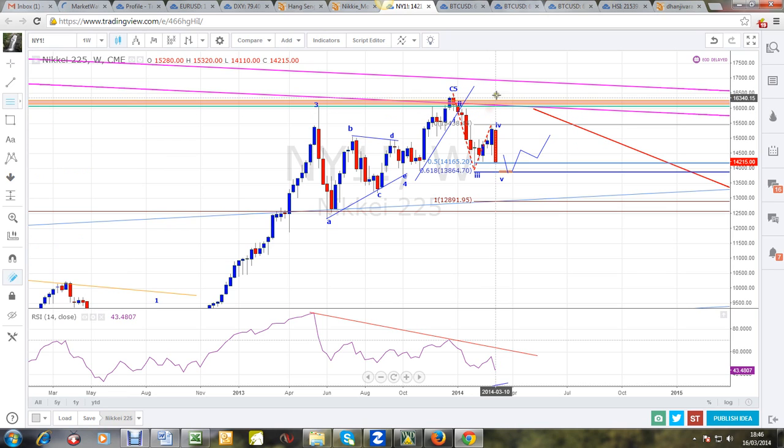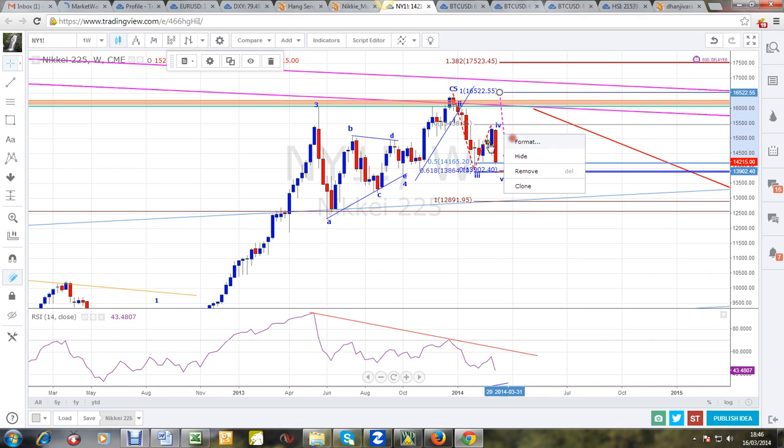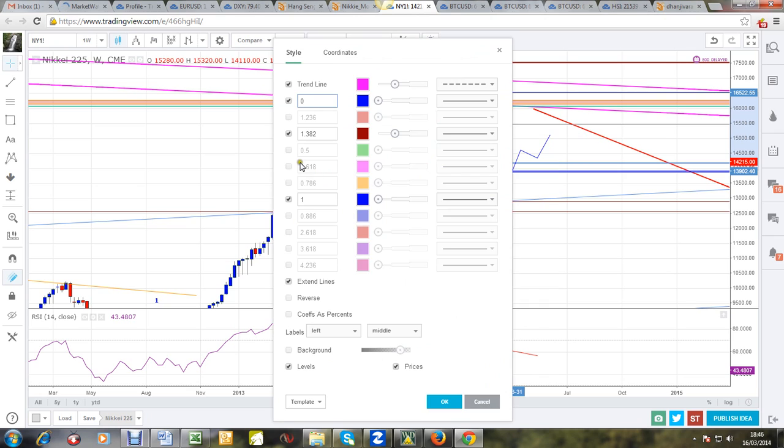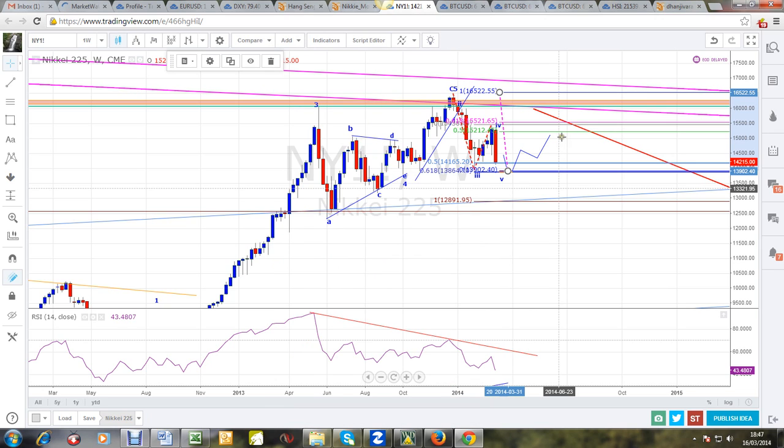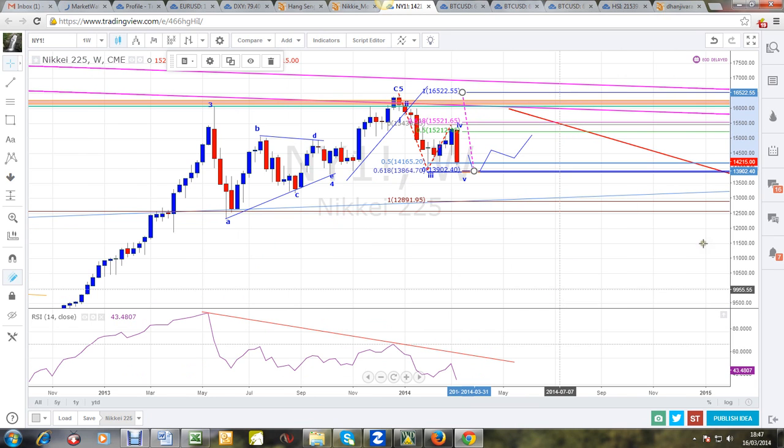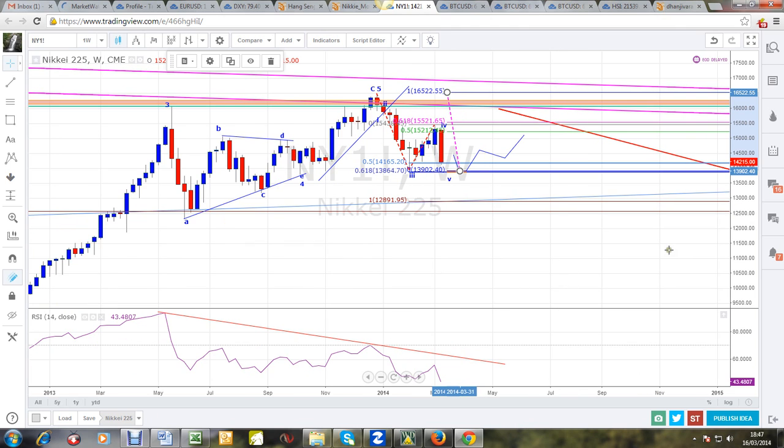like that, and you'll see that either 50% or 61% are common. Okay, so that means I would expect it to go back to here, 15,000, or maybe just slightly north of that, maybe 15.5. Okay, the other thing Elliott wave tells you, or the guidelines, not necessarily a rule but a